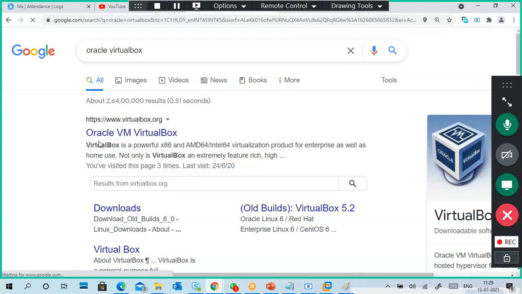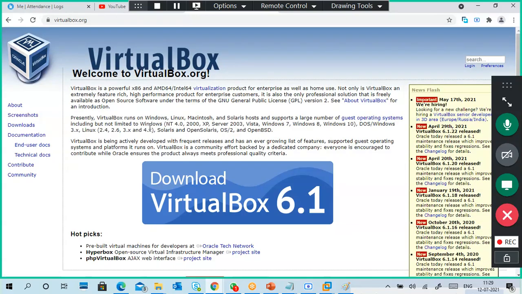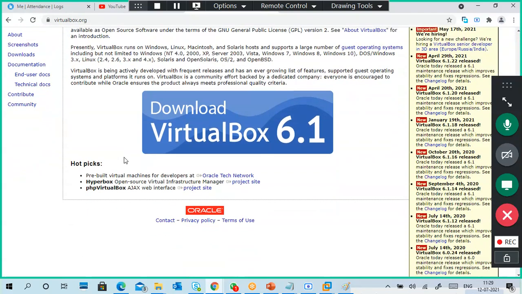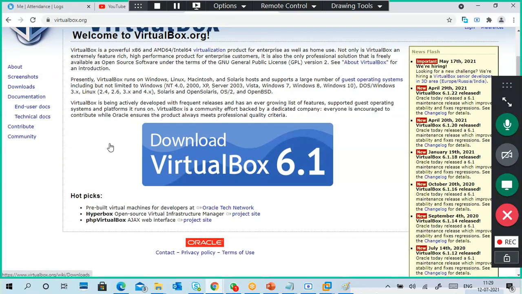You don't require any license either. VMware requires licenses, keys, all these things, but VirtualBox does not. I installed this separately in a physical machine, and I created a Windows 10 with internal virtualization also. Very simple. Click on download VirtualBox.